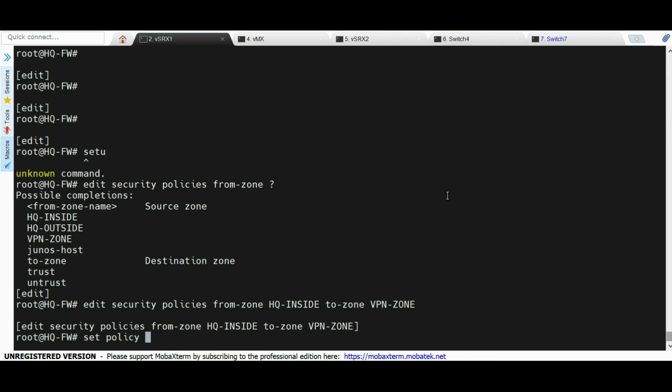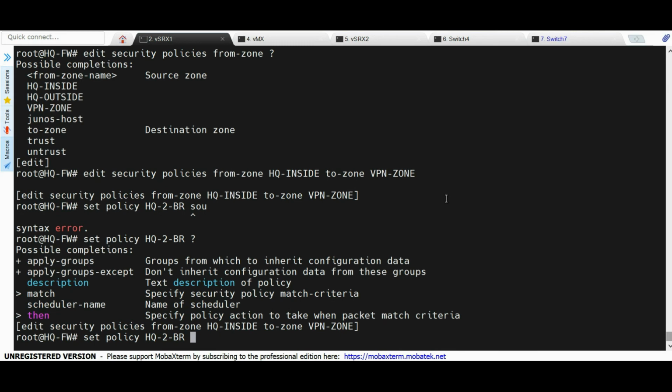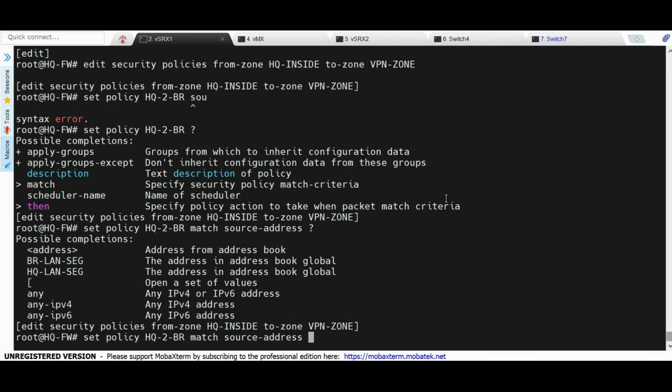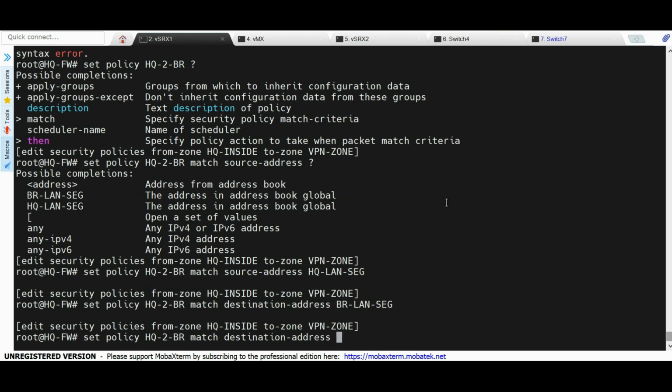Set policy inside. I'll give the name of the policy here, headquarter to branch, and match. The source address would be my HQ LAN, and my destination address would be my branch LAN segment, and the applications